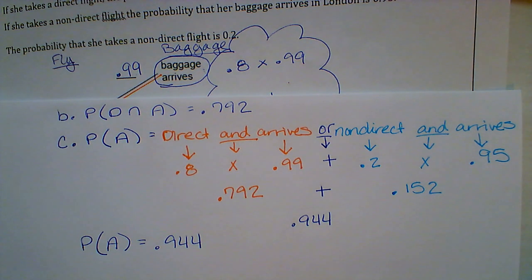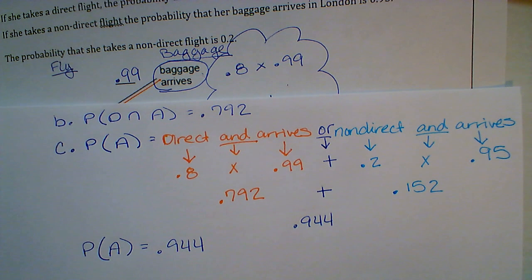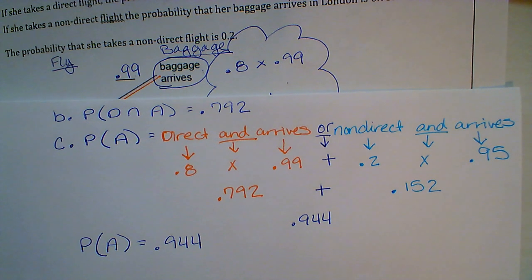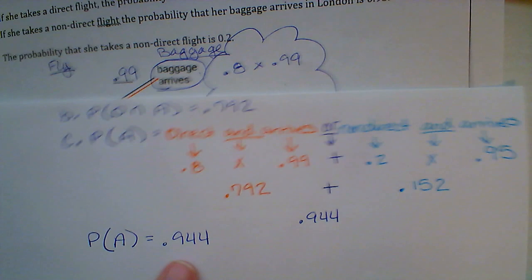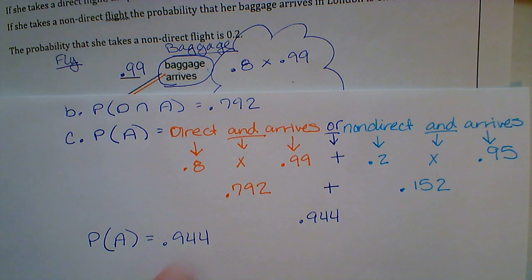And that's taking into account whether she takes a direct flight or a non-direct flight. This is just the overall probability. So if Sarah's going to be traveling and she's like, what's the probability that my baggage is going to arrive? So like if she really needs something, like if she's got medicine or, I don't know, something maybe like her favorite clothing or her favorite jewelry or something, and she wants to know what's the probability she's going to actually get those bags, that is a